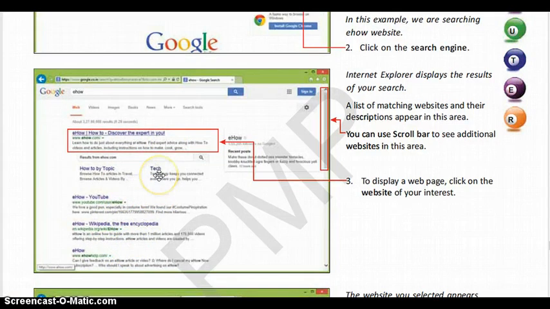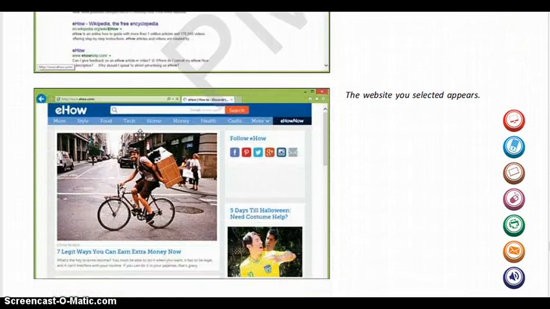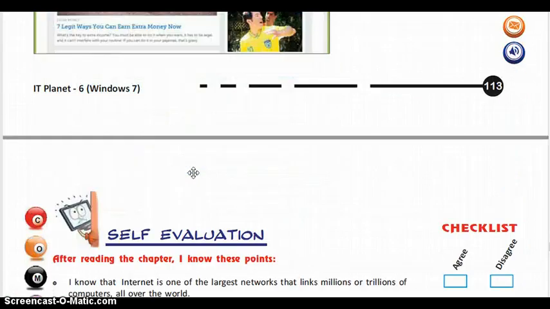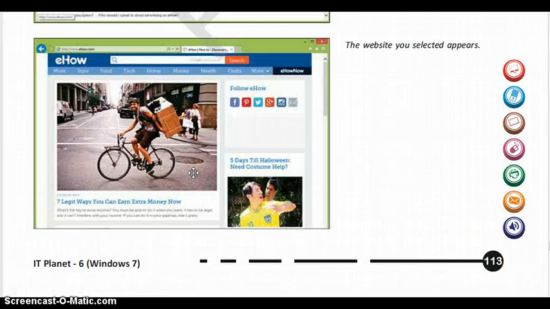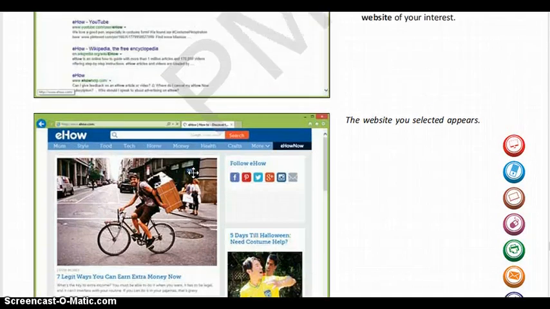You have to just scroll to see all the websites, and whatever website you think is matching your search, you have to click on the website. The website will open. This is the website, and if you don't like the website you can click on the back button and then click another link.